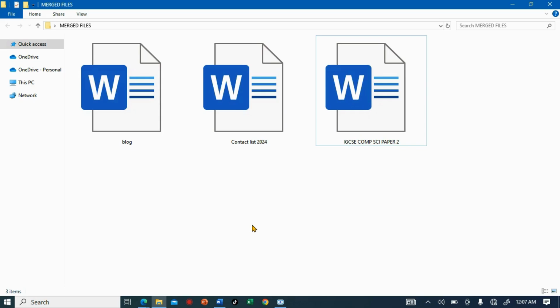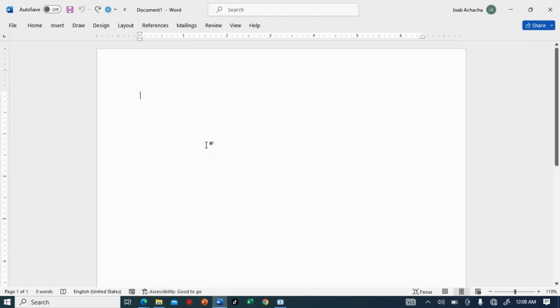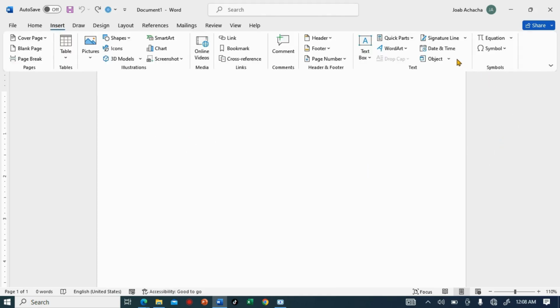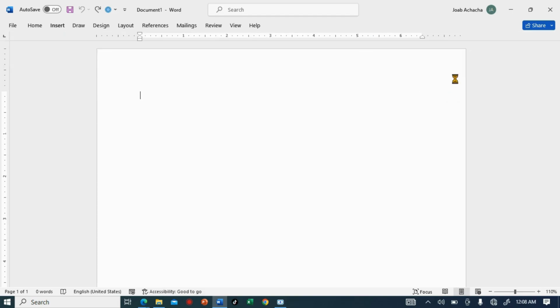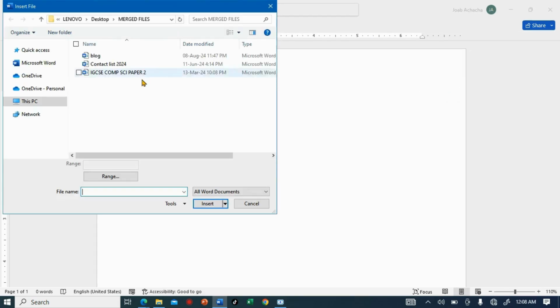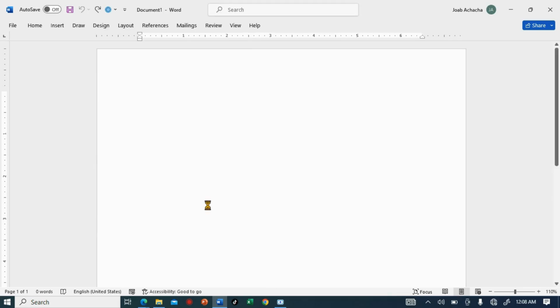So today let's look at how we can merge these three files here under one file. So the first step, you will open a blank page, then click on Insert, Object, then Text from File. So these are the three files. Select all of them, then click Insert,